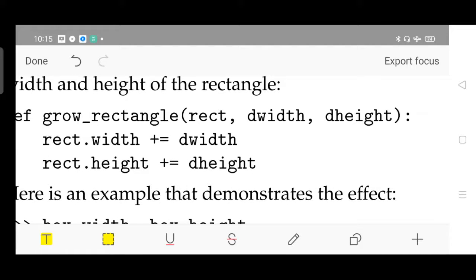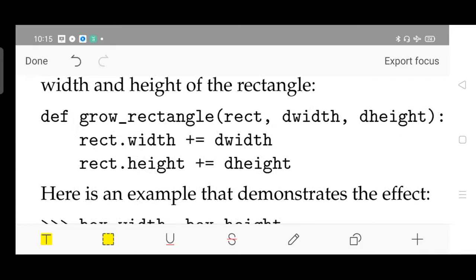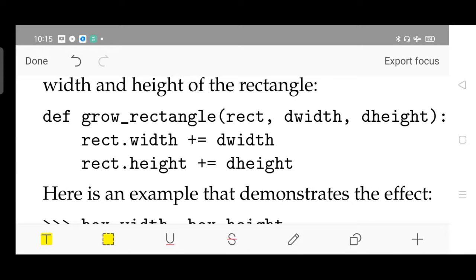Since you are defining the function, there should be a colon after the definition. Inside the body of the function, you should be careful, because space matters. In the body of the function, there should be at least one tab space.